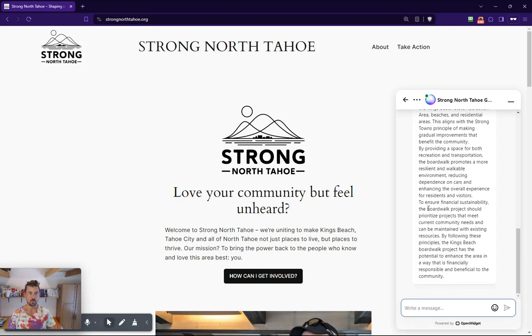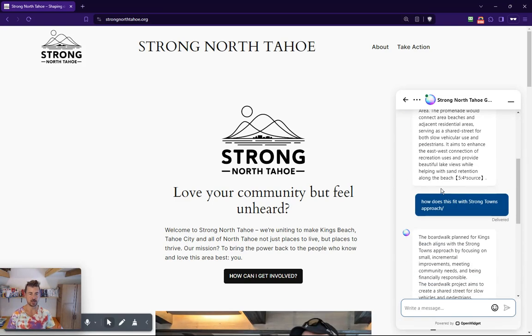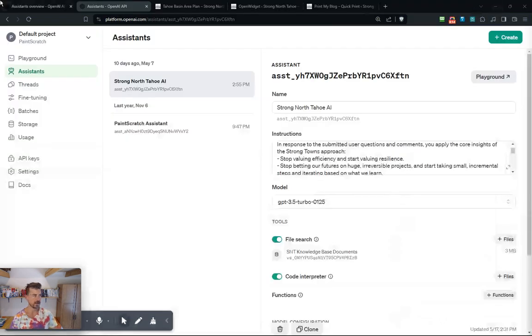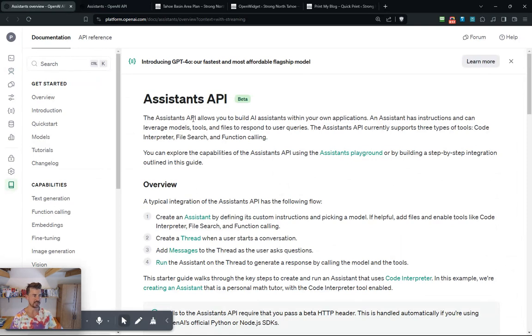All right, so we saw how this chatbot works, how you can ask it questions and you can get answers that are based on these very long documents. And so now I'm going to show you how I set this up. Okay, so the first thing to know is this is using a tool called the Assistance API, which is a